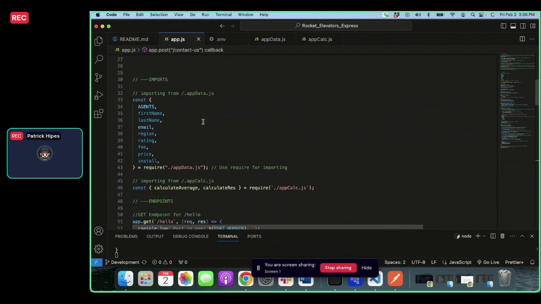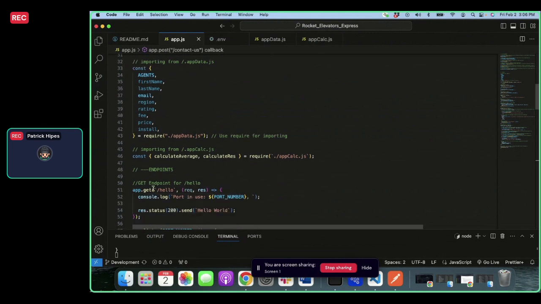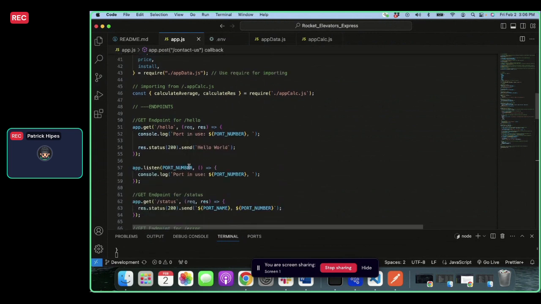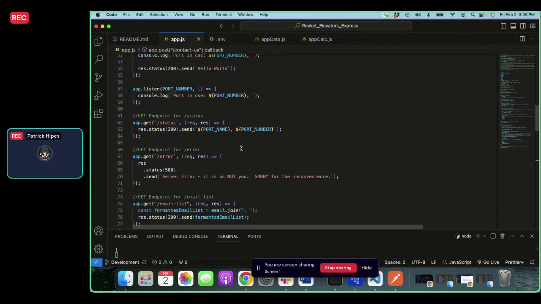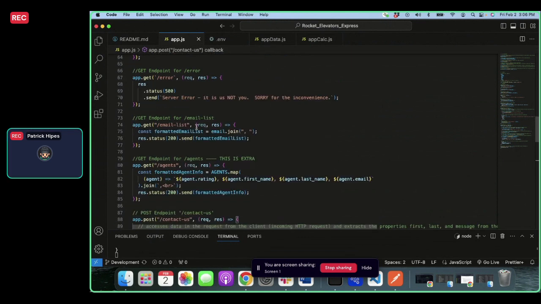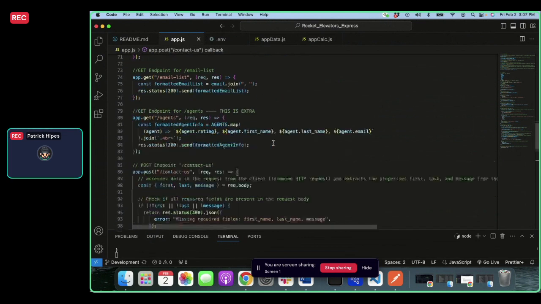Some of that including information that we have stored in app data and app calc. So we imported certain information that we knew we were going to need later on, and then we created some of those endpoints. Here's the hello, here's the status, error, email list,